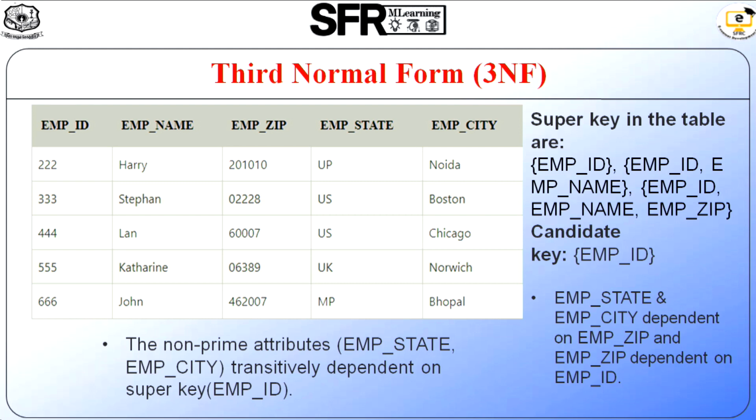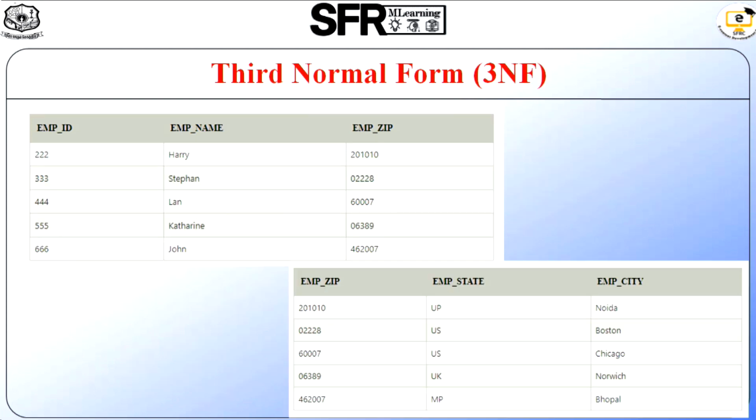Because the employee zip code is dependent on employee ID only, we say that it is transitively dependent on employee ID. So we will decompose the given table into two tables. The first table has employee ID, name and zip code alone, and the second table has zip code, employee state and